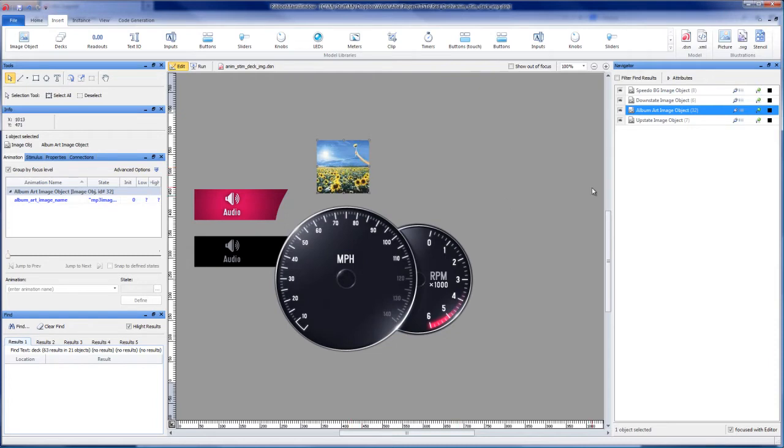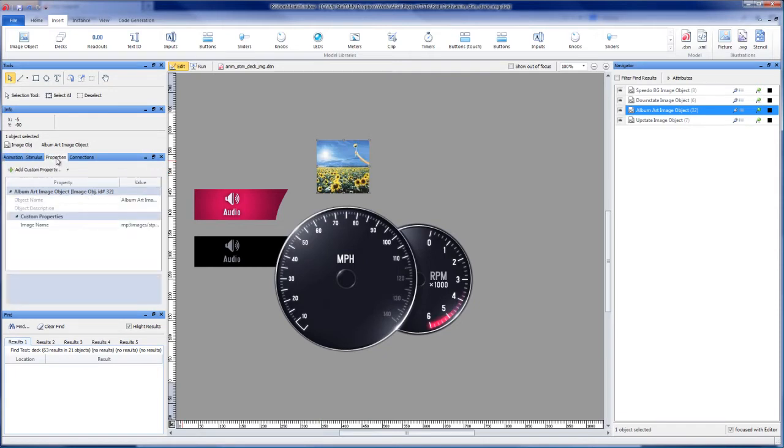The image object is simply a container object that externally references an image on disk. When you go to generate code, you do have the option of specifying whether you want to keep a file system or bake all your images into your binary executable for your hardware target, should you not have a file system. But at design time, you always have a file system because you're running in Windows, and you can use relative paths to various images.